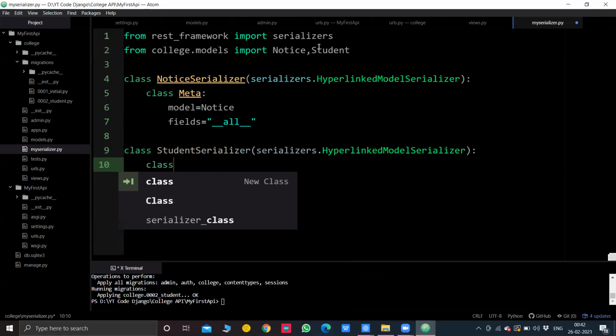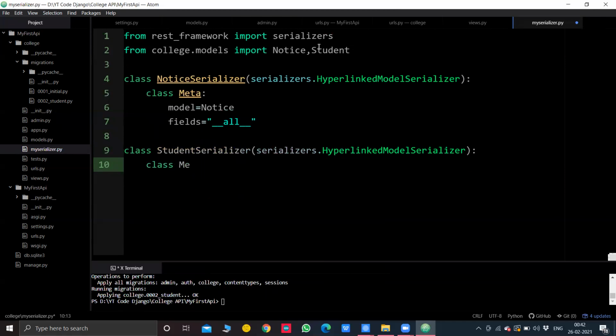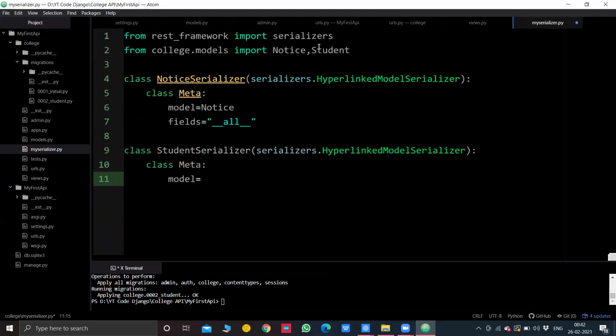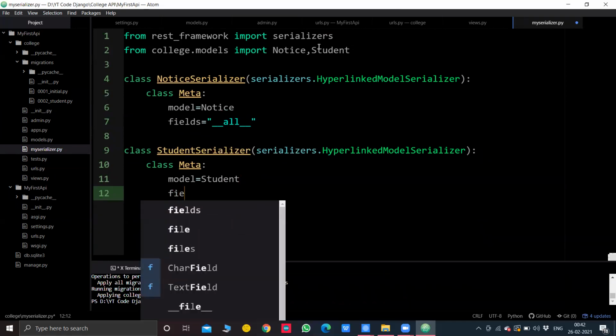Make a Meta class inside. I'm just doing what I did in the last video, just to show how easy it is to upgrade your API. I'll mention the Student database model, and again I'll select all the fields.